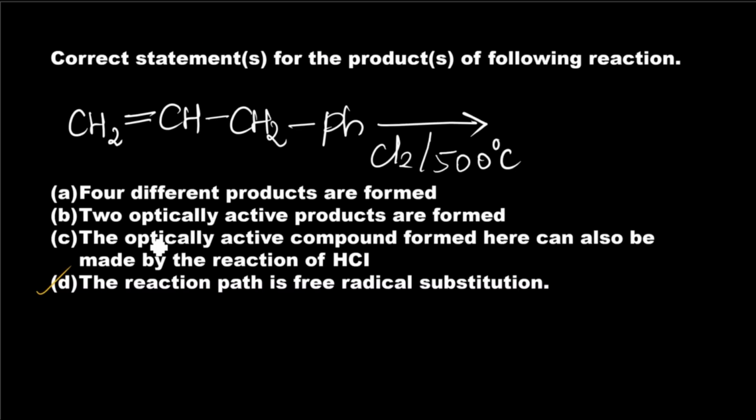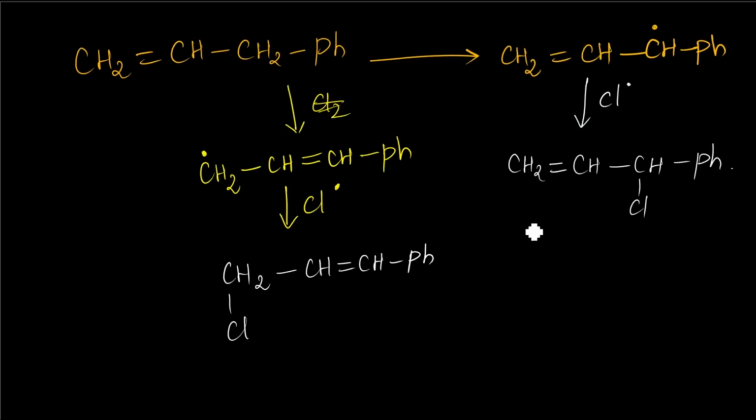So the question involves how many optically active products are formed and how many different products it can form. So as of now 2, but what about the isomers? So you can see here I am having the chiral center, right? So this can give 2 optically active enantiomers,